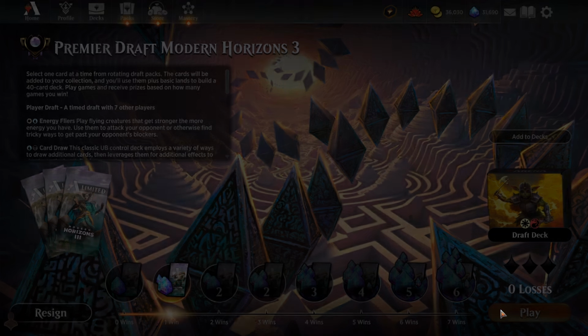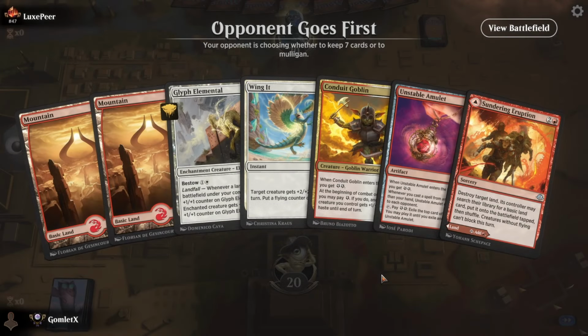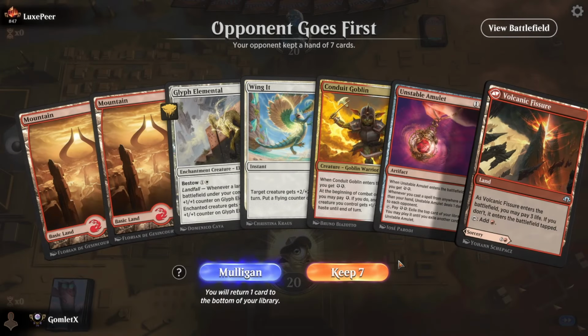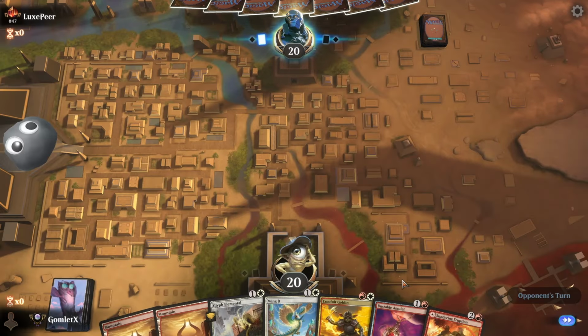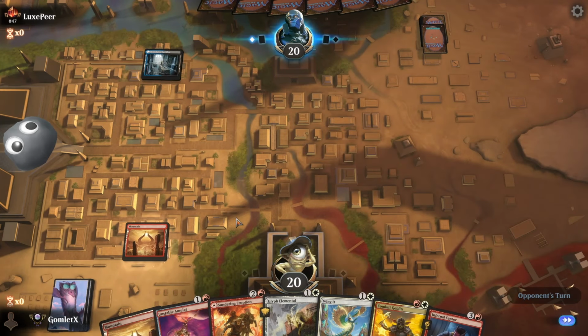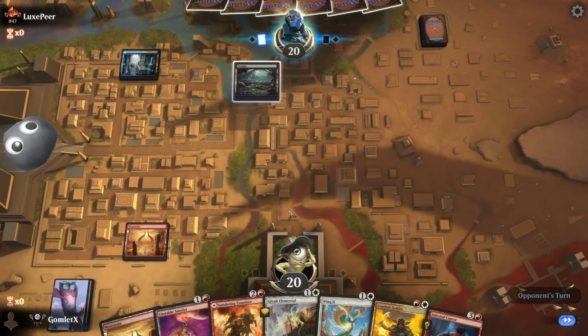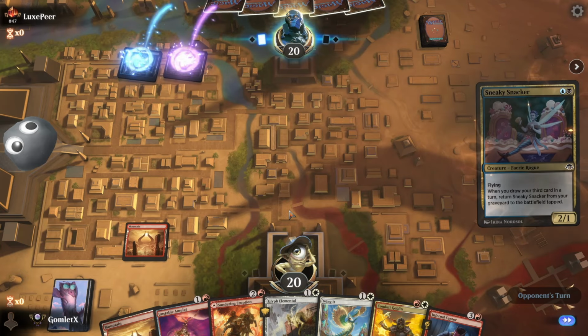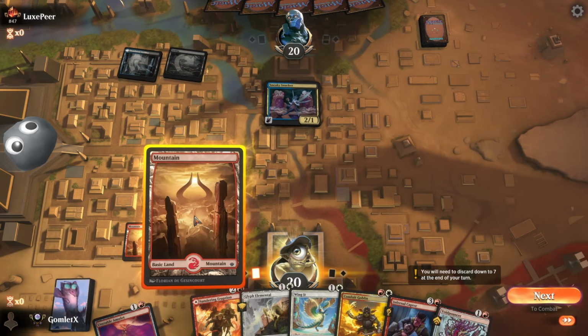Alright, we're 1-0. Let's hop into another game. Time for game 2, Electric Boogaloo. We need this Amulet to hit a white source if we're a gambling man. We are on the draw. Let's gamble it up. Let's gamble it up. If I lose to not drawing a plains, that's cool. Uh-oh. Opponent has a very nice